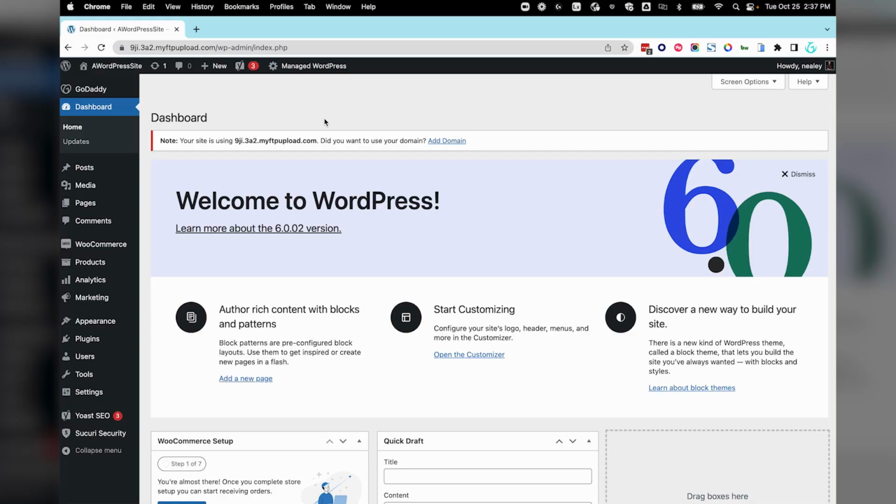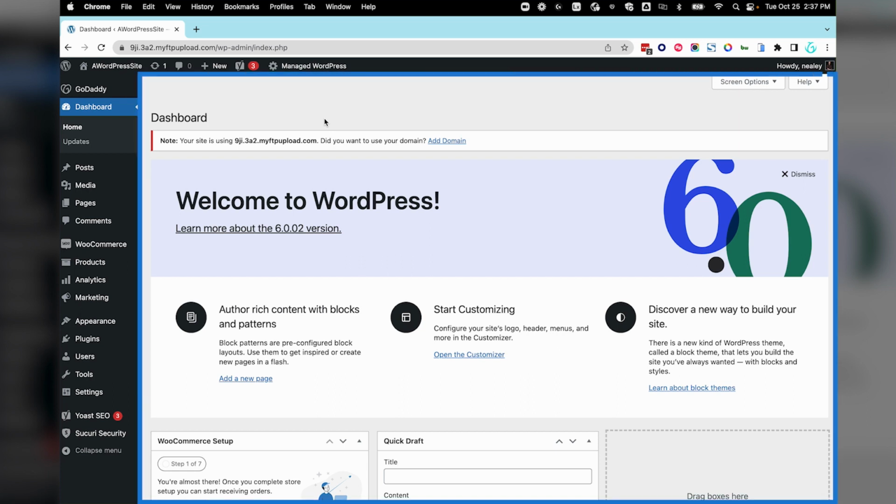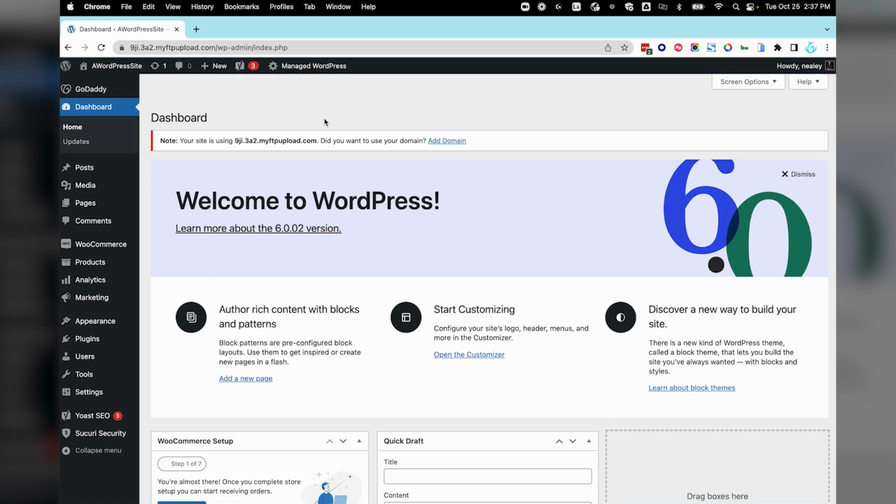The dashboard is the first screen you'll see when you log into your site, and it can be broken down into 3 sections. The toolbar across the top of the page, the main navigation menu on the left-hand side, the main work area, which changes depending on which section you are currently viewing. This changes depending on what you choose from the left side menu.